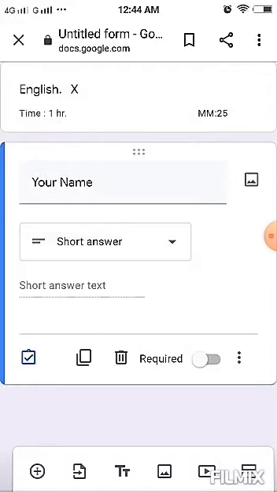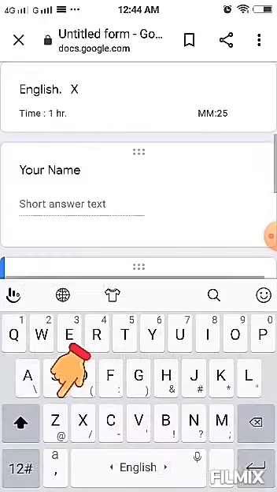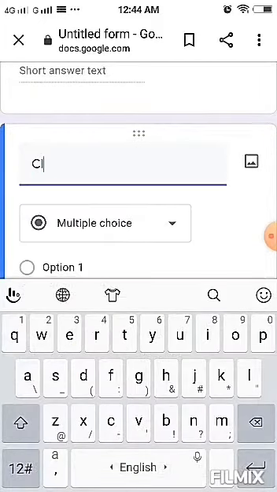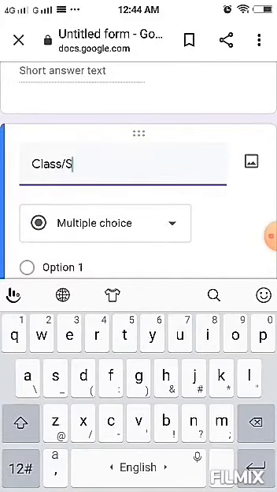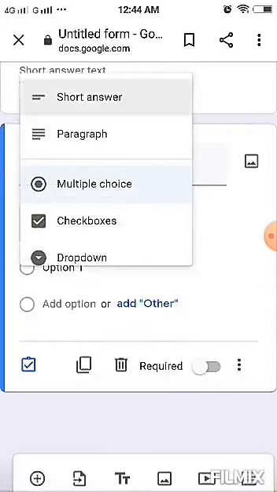Now I want to add the next question. For this, again click on the plus button at the bottom of the screen, write class section here. You can see multiple choice is written below it. Make it short answer by clicking over it and choosing short answer.